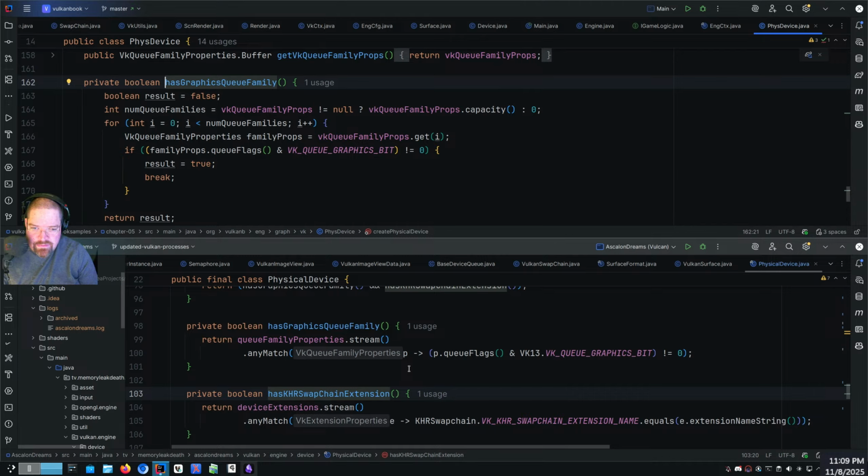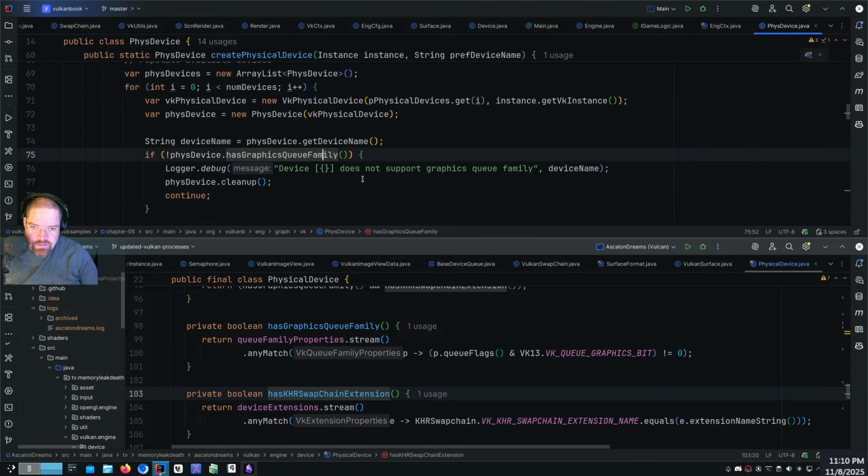This one is like if Q flags and it has the Q graphics bit does not equal 0, then the result is true, so it immediately returns as soon as it finds its first match, which is what we do here. Alright, so then